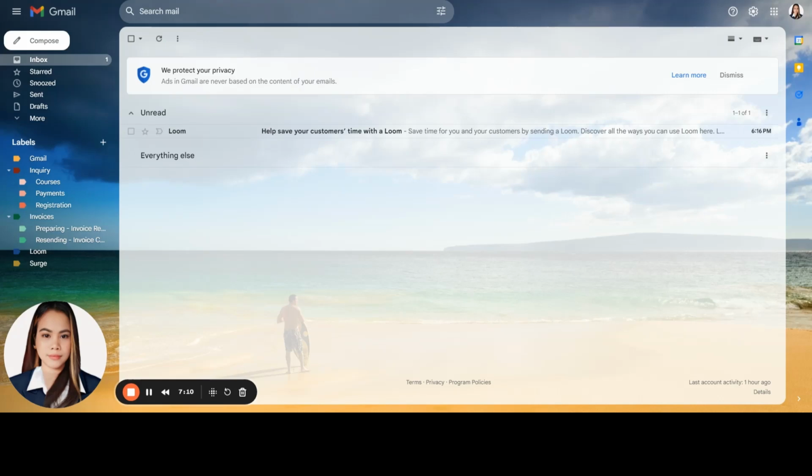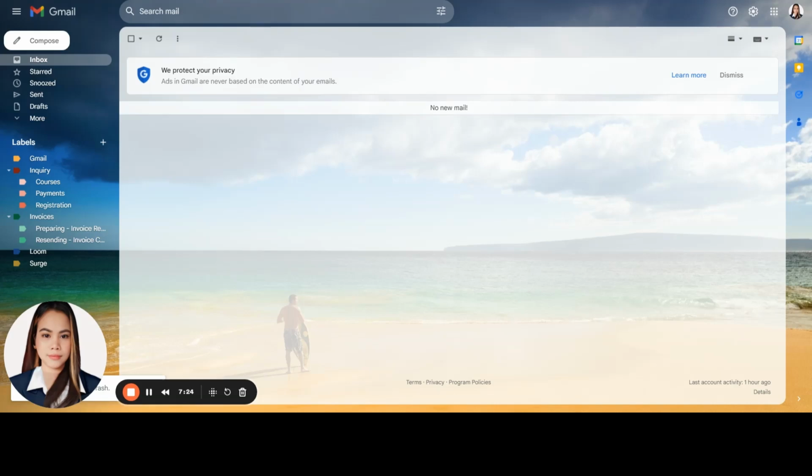Then lastly, for emails like notification emails, marketing or promotion emails, we can just select these emails and delete them. Since they are not related to our work or tasks, we can just delete them right away.